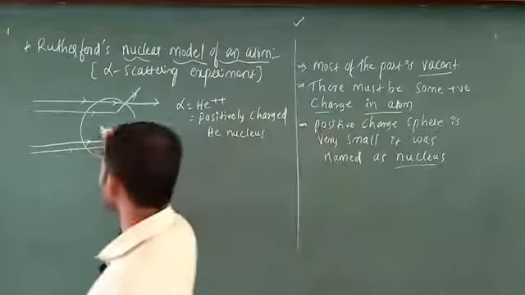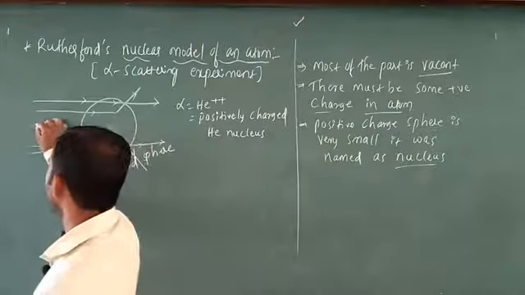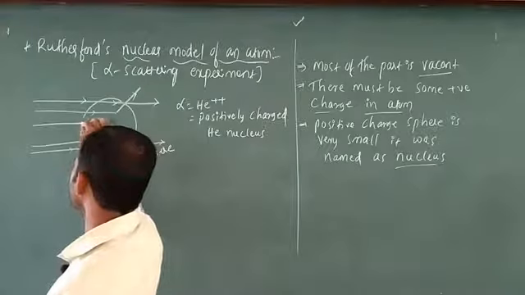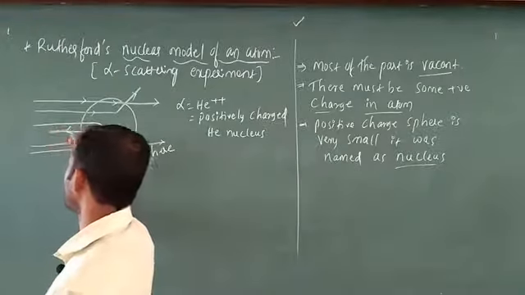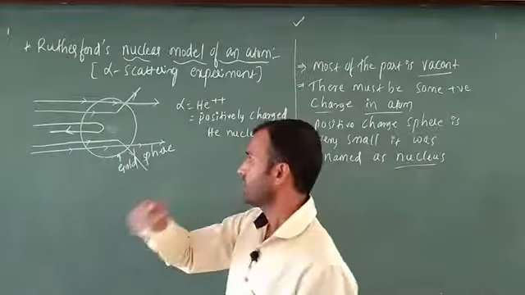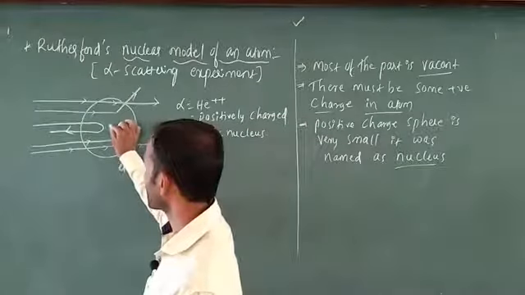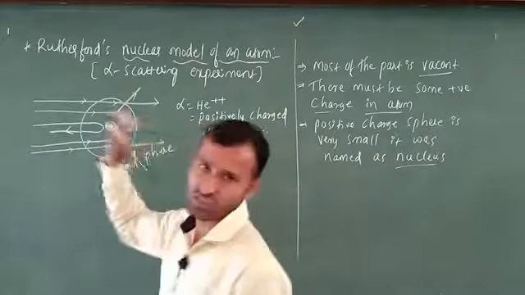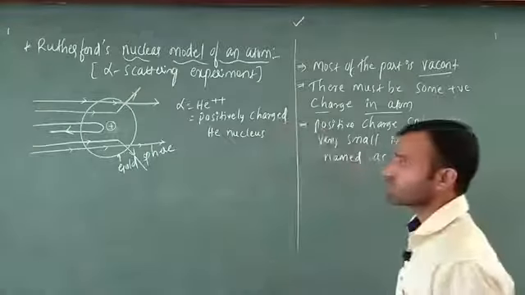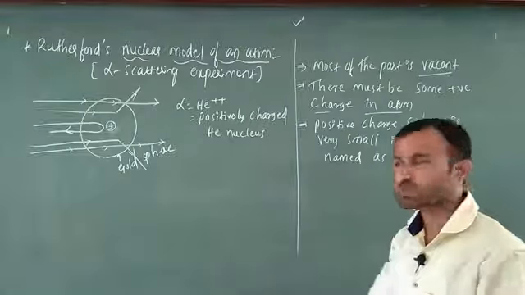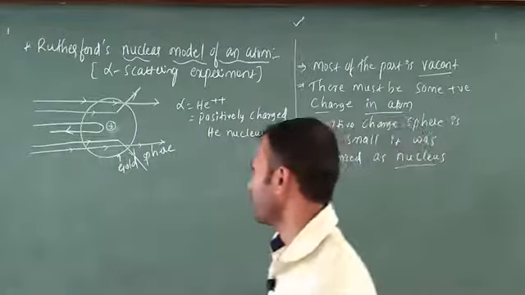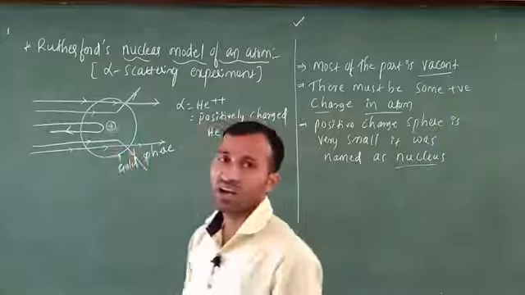He passes the alpha rays at the center. These rays will come back at 180 degrees. That's why he thought that at the center the nucleus is there, and the surrounding space is totally vacant, empty space. He came to this conclusion. That's why this diagram is very helpful for understanding.